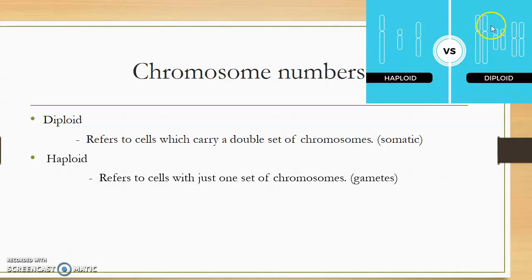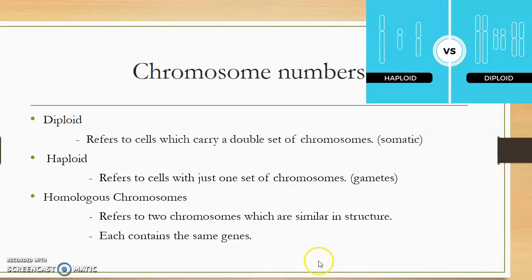And in a diploid cell, it has a double copy of each chromatid, giving you a sister chromatid. Now, if I were to take 2 chromosomes that are the same as each other, those are going to be called homologous chromosomes. So if I have 2 diploid chromosomes that are the same as each other, that is going to be our homologous chromosome. Homo means same, hetero means different. So homologous in this case means 2 chromosomes that have the same genes. We're going to talk more about that as we go through.